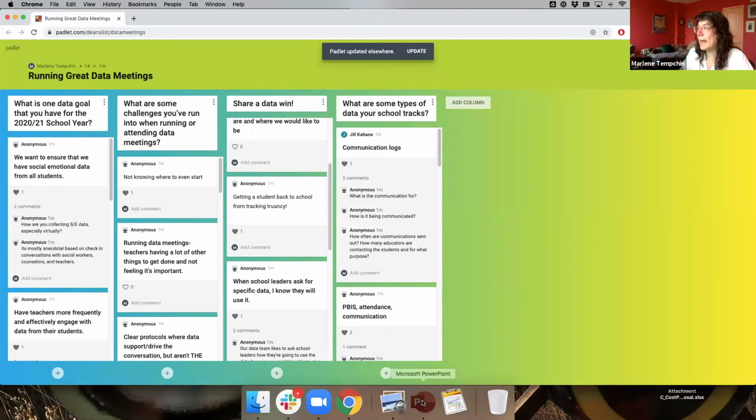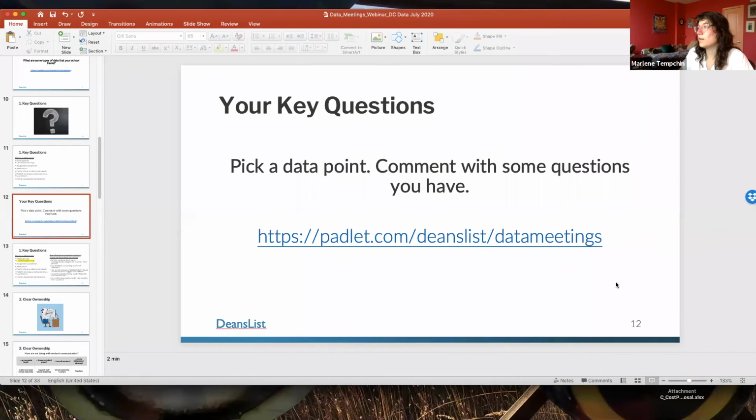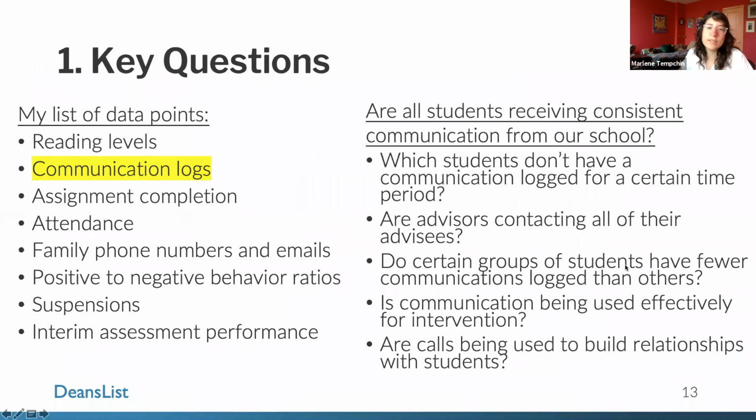Okay, so hopping back to our PowerPoint, you can see I filled in some questions for communication. We picked communication as the example during this session because I think that for a lot of schools, communication data is something that had been tracked, but maybe was less relied on as a vital data point to understand how your students are doing. And I think with virtual learning, likely how you engage with students and families outside of the building will be a huge part of how you assess how students are doing and whether they're receiving the